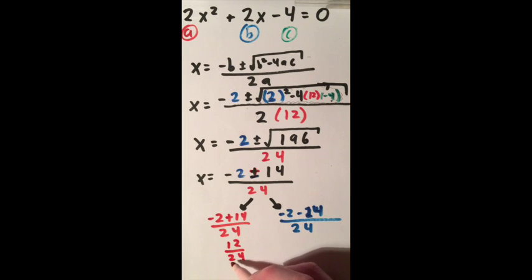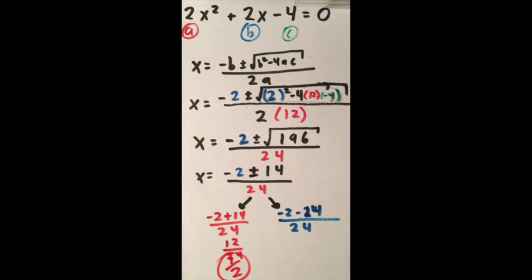So that means one of my answers is going to be 1/2. I'm going to write it down here. I'm circling it over here. So one of my answers is a 1/2. The other answer is whatever that is, negative 2 minus 14 over 24, which I will end up getting,